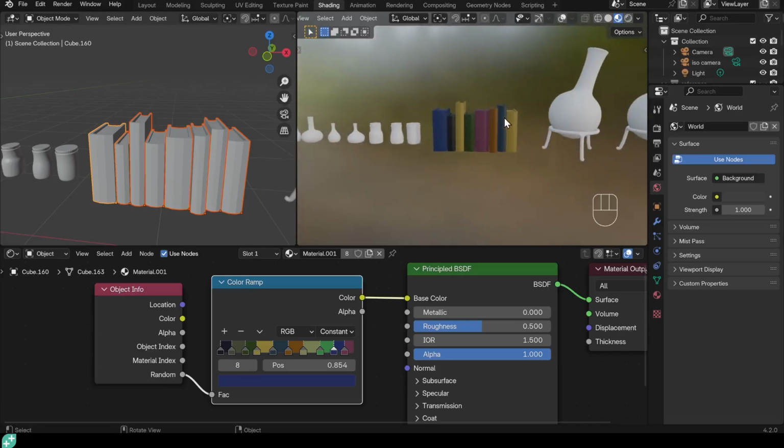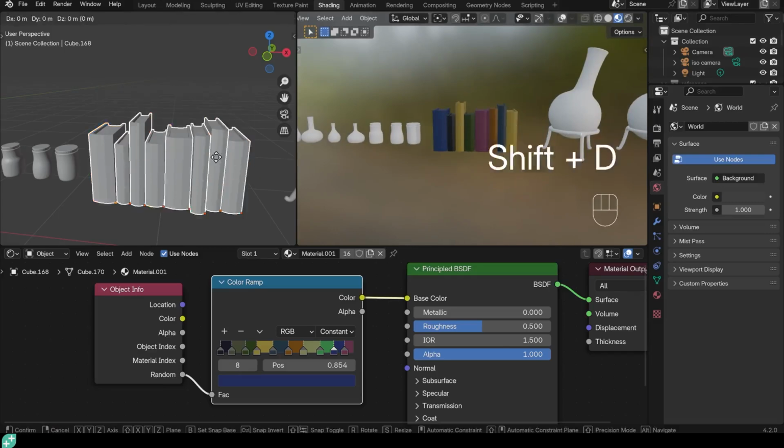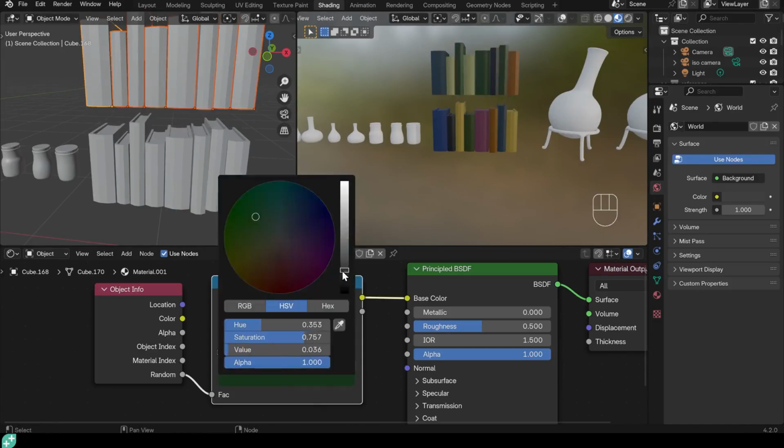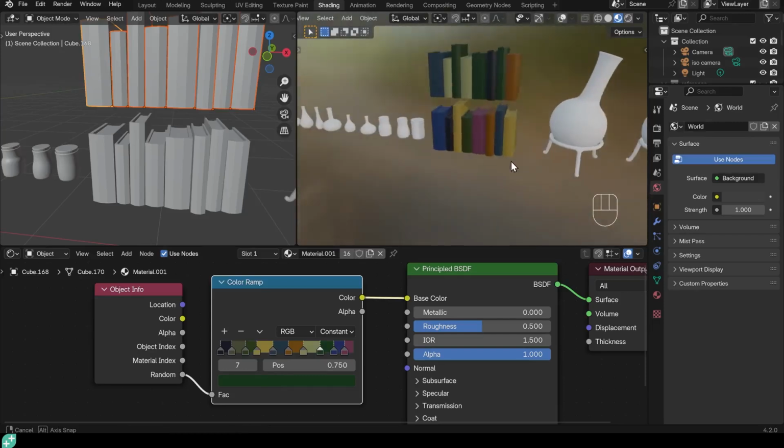And now if I select them and duplicate them, I'll use the selection over here, in fact, so you can see what I'm selecting. Shift D to duplicate, and bring them up. You can see how they've all got new random colors. And now I'm seeing that green is way too bright now as well, so I'm going to bring that right down. And that gives a bit more of a wizardy look.